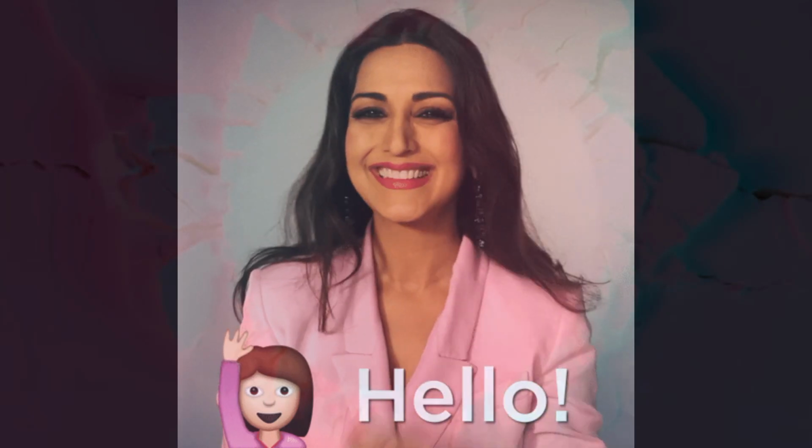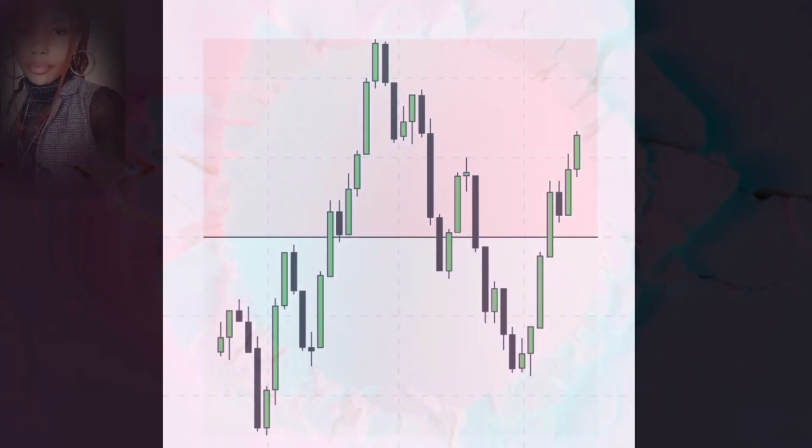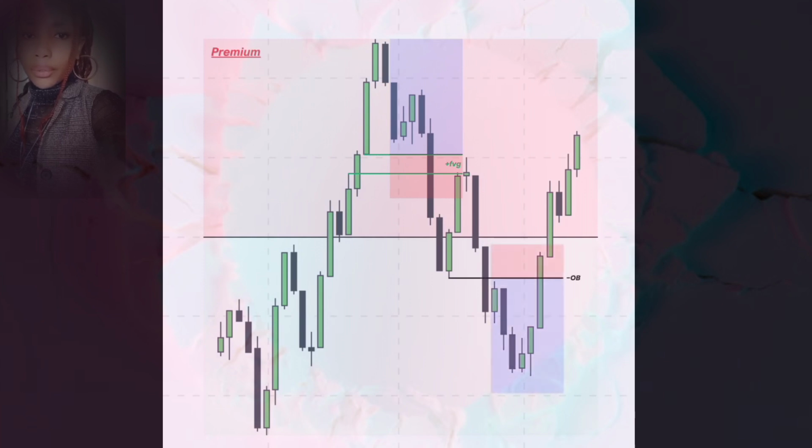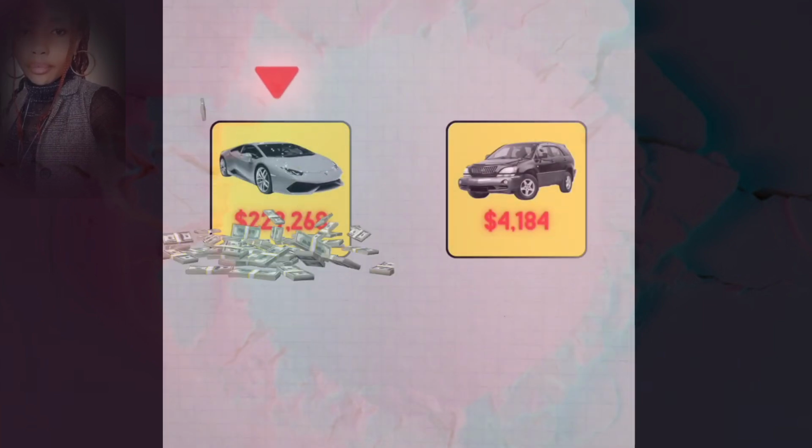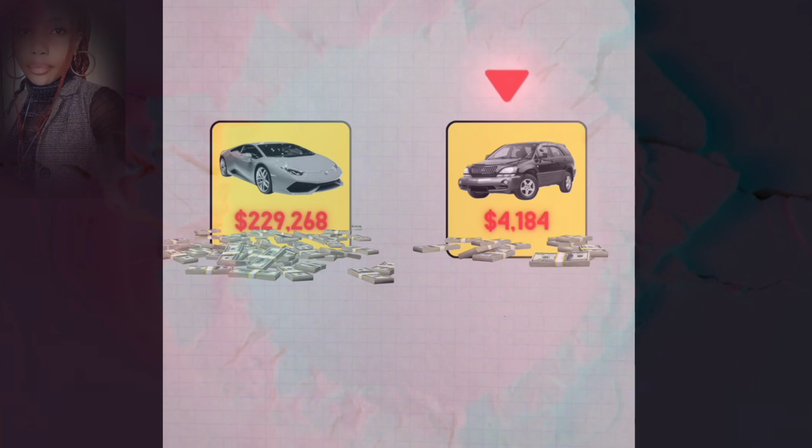Listen to these, dear traders. You get stopped because you buy when price is in a premium and you sell when price is in a discount. And this does not work. Here's why. See, just as you wouldn't buy something that's too expensive and sell something that's too cheap, the basic